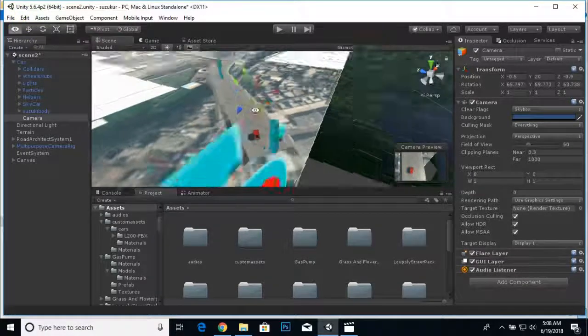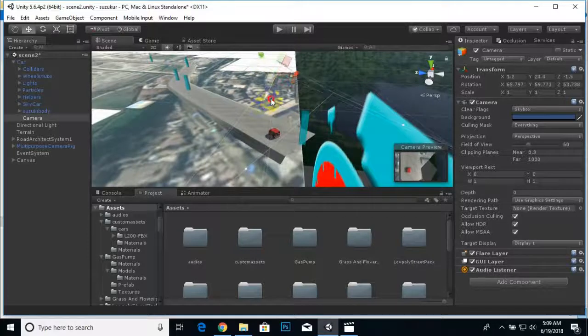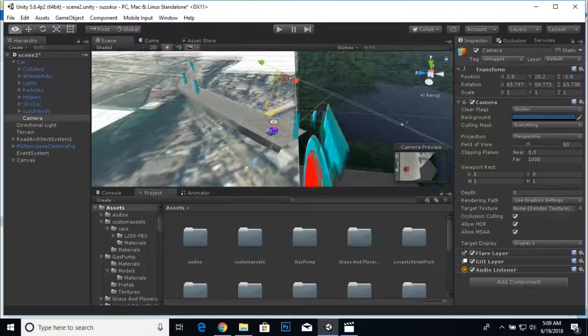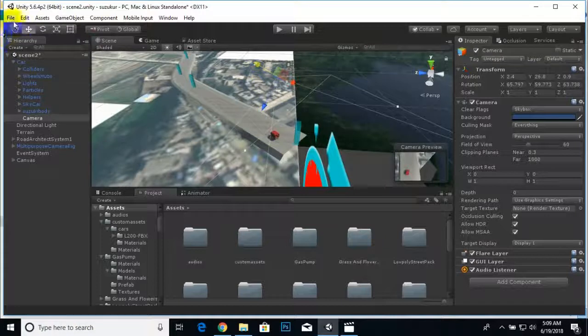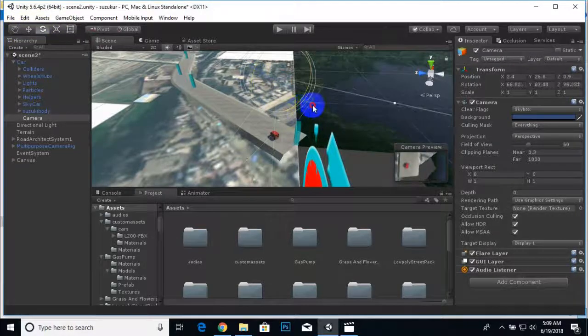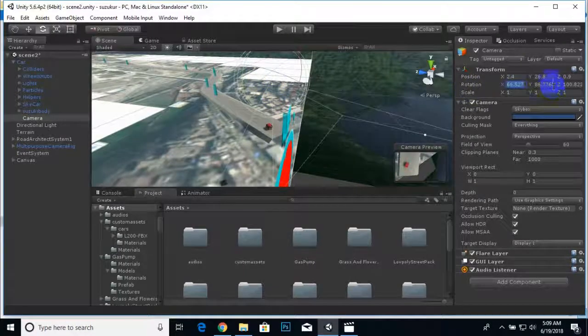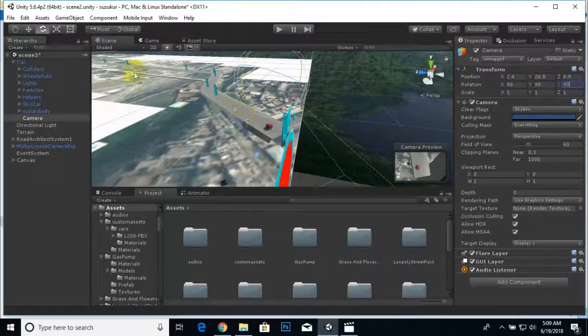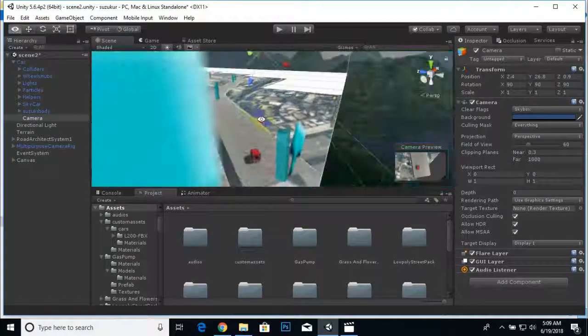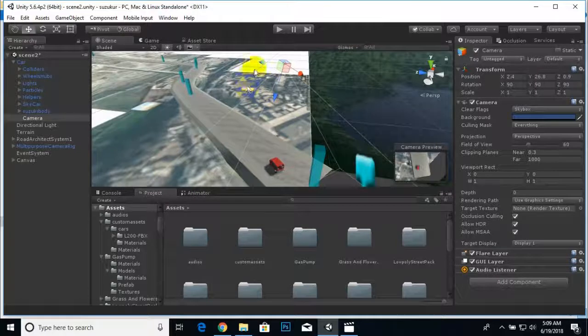That's it. Now we will move this camera a little bit higher and adjust it. I think we can change this to 90 and this to 90, this to 90. Yeah, that's fine. Now it's perfectly fine. And now we can use this camera as a mini map. Okay, so just adjust the camera like this. No, here it's fine, no problem.